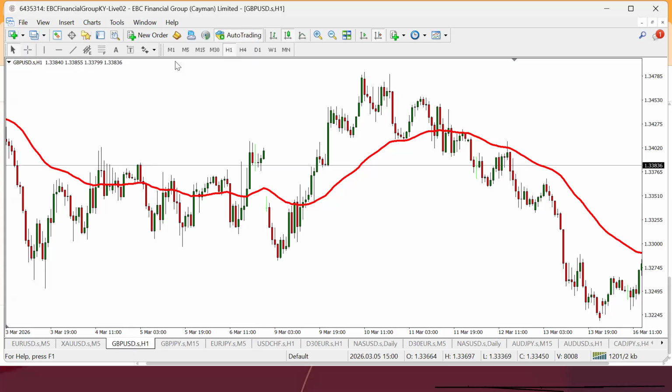What works is simple. Understand when price is going down and enter your sell. Understand when price is going up to take a buy, and stay out of the market when price is going sideways. Simple, that's all. If you understand this basic simple principle in trading, you will not have a problem. The problem that a lot of people used to have is that, number one, they don't even understand when price is going up or going down.